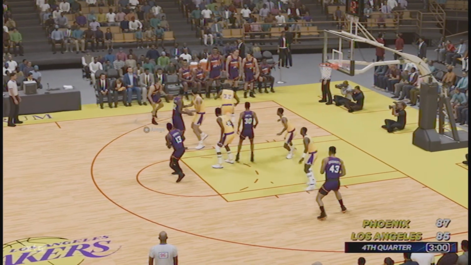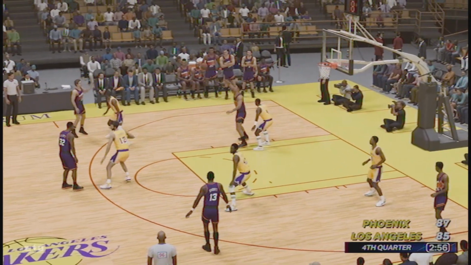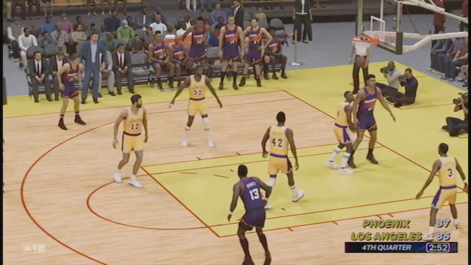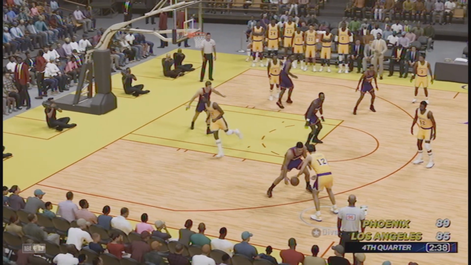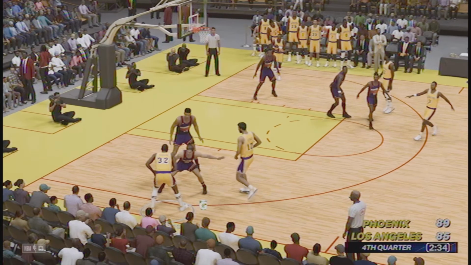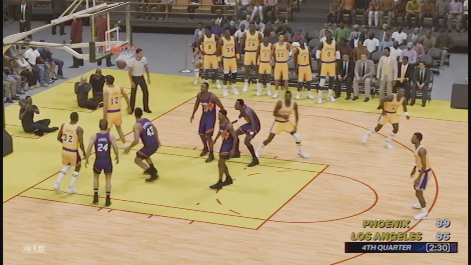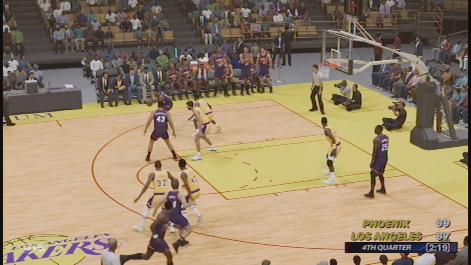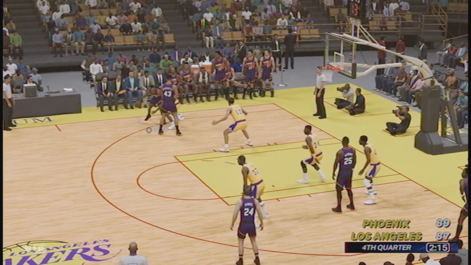Alvin Robertson makes that shot. I can't confuse him with anybody else, can I? And then we got Brad Daugherty for the Suns. Makes that shot. Now we got Vlade Divac. I probably shouldn't start all my sentences that way. Now we got Magic. Now we got Divac. Divac with that basket there for the Lakers. 2:20 left to go. 89-87 at the Forum.